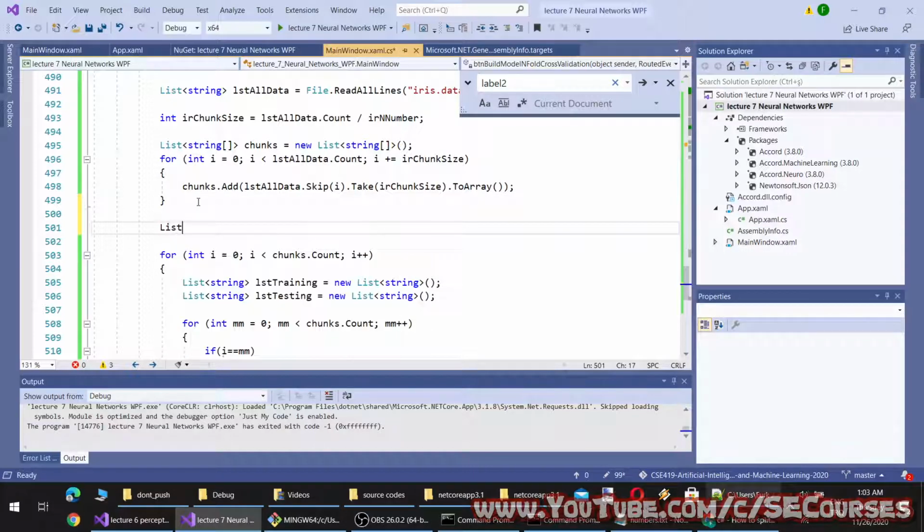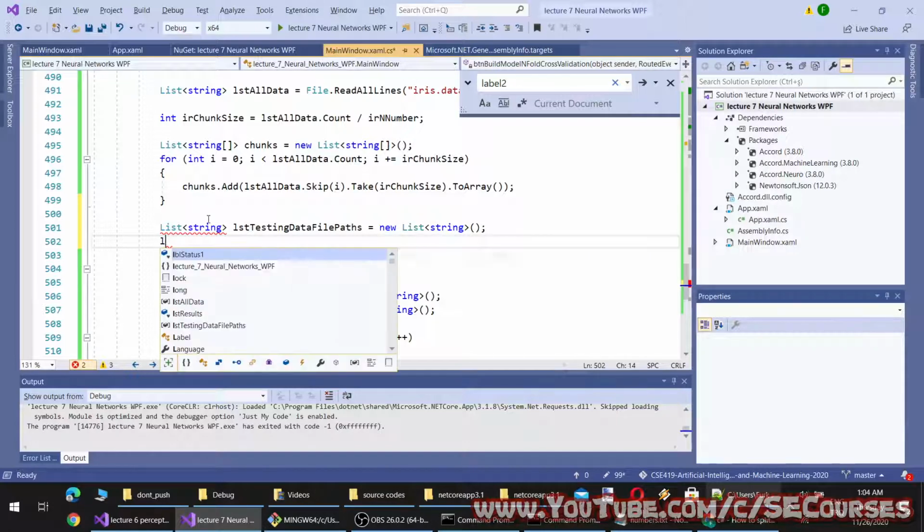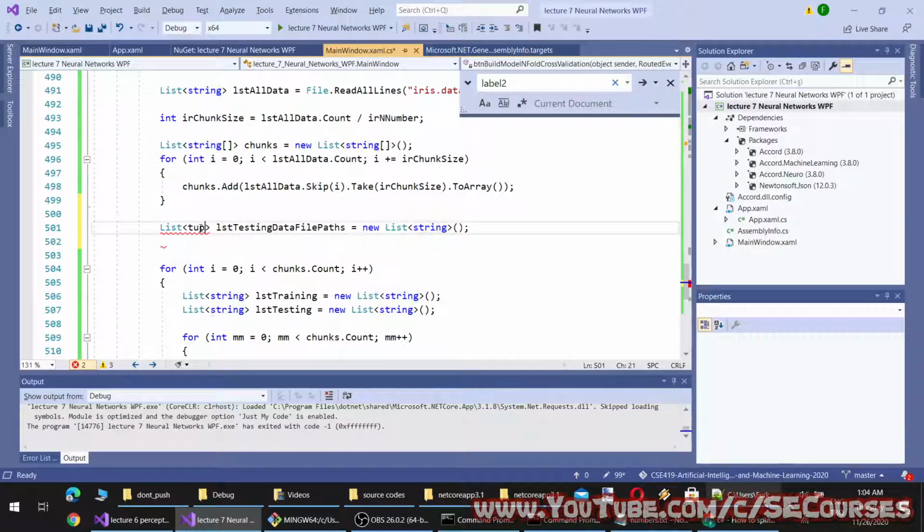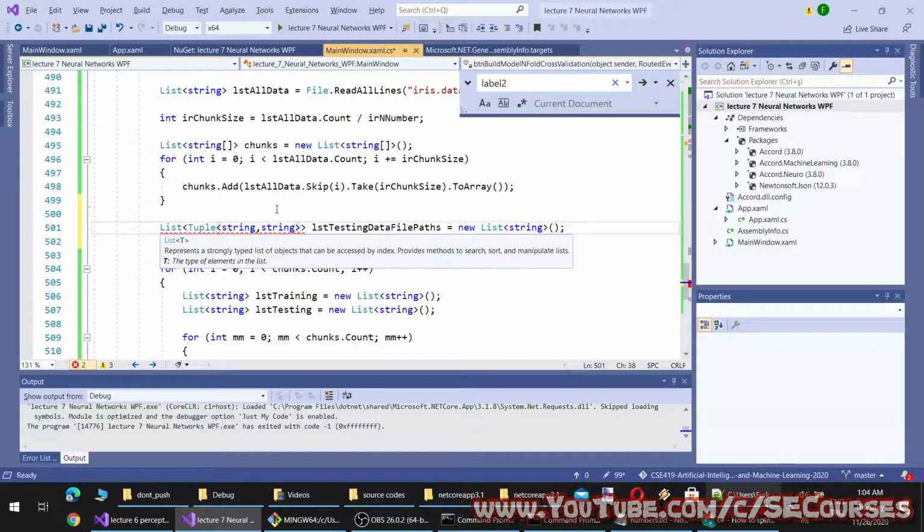And let's keep the names of the testing and training data file paths. We can make this as tuple, so it will be better. First one will be test, and the second one will be the train.